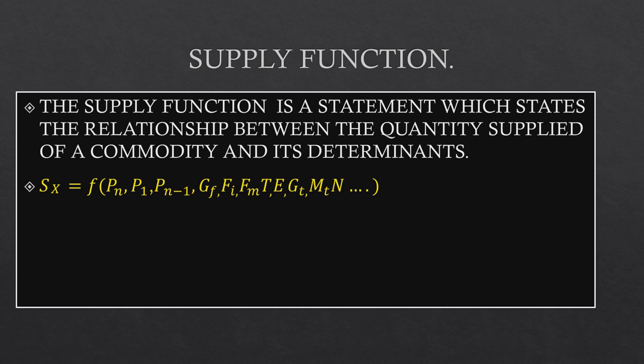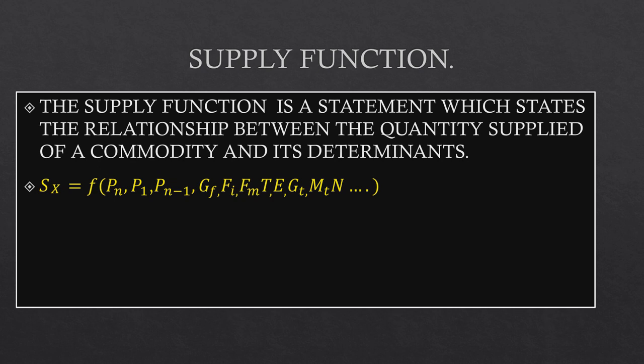The supply function is a functional relationship between the quantity of goods that is supplied and other things in consideration, like other things should remain the same. So there are various factors. What are these determinants? The determinants that we had discussed in the previous video should all be kept in mind. Whatever is the relation between the price and the quantity supplied of that commodity creates a supply function. Now the supply function is expressed as a function of the price of the commodity.